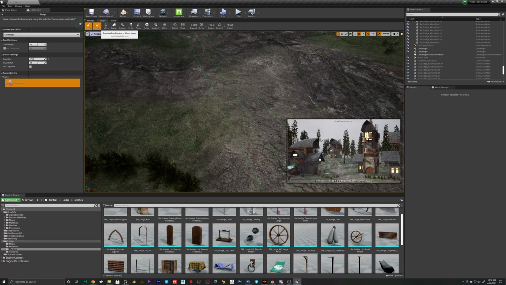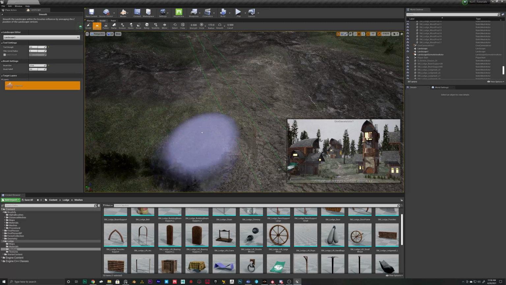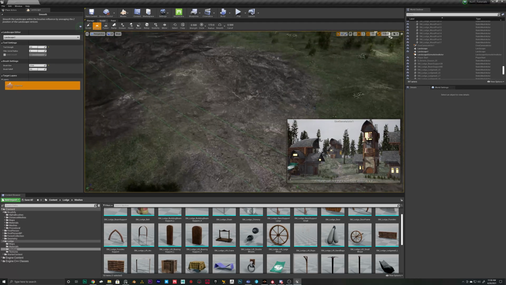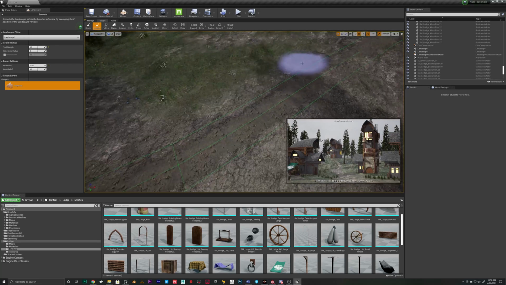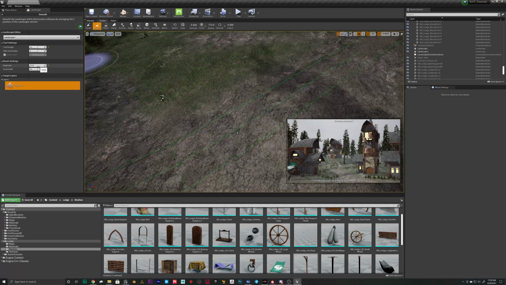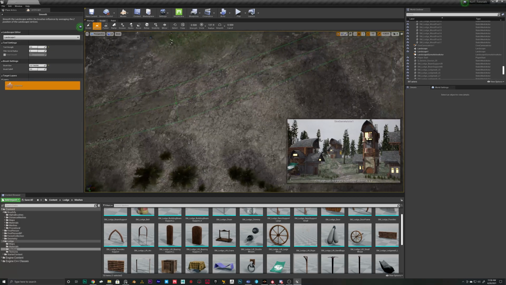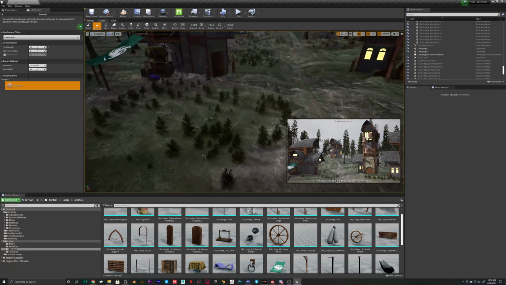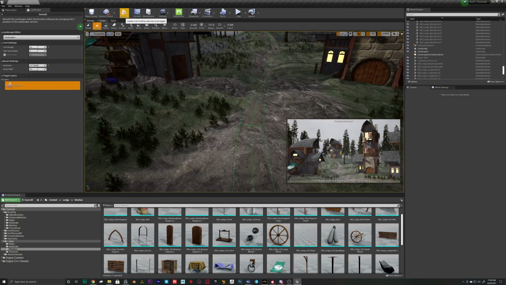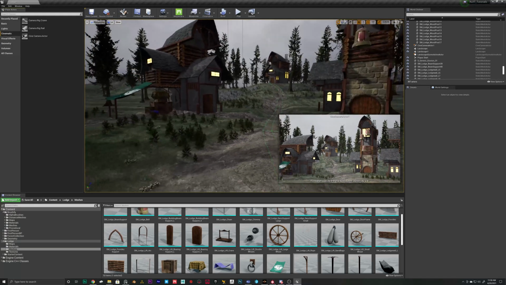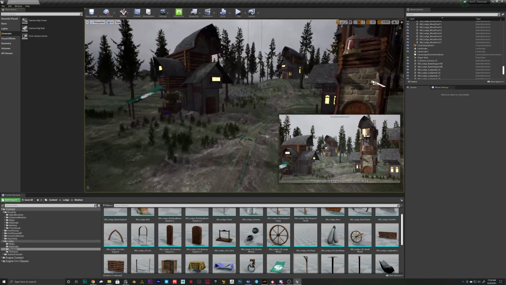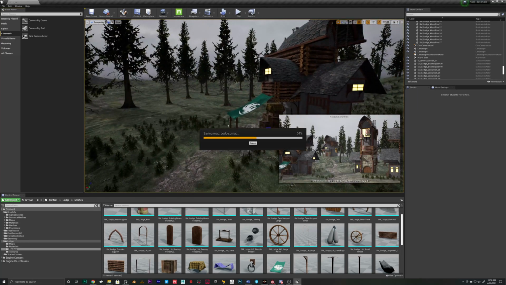And then sculpt, smooth this area right here. Decrease the brush a bit more. There you go. So it's looking more interesting. So now